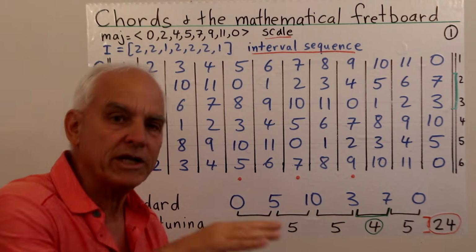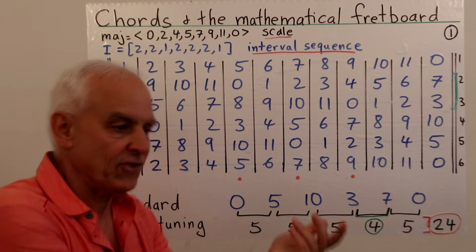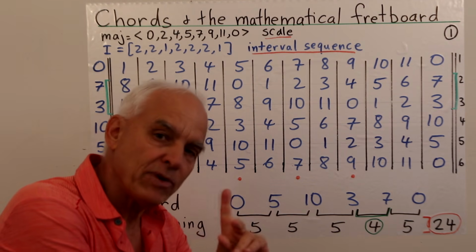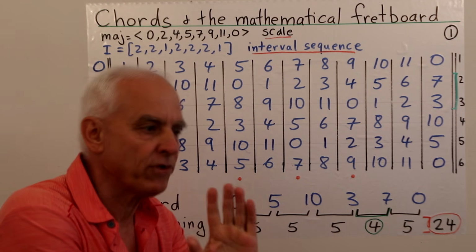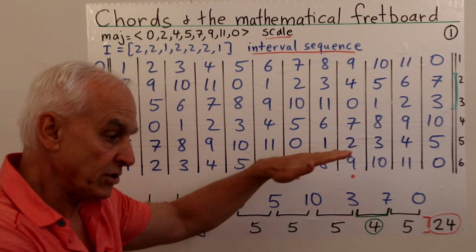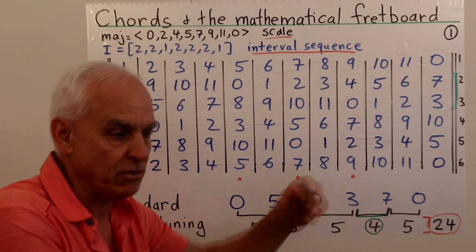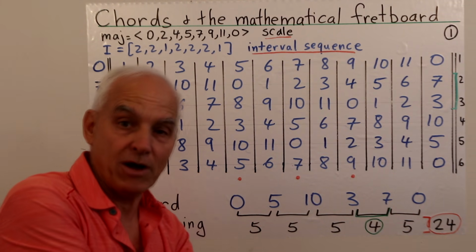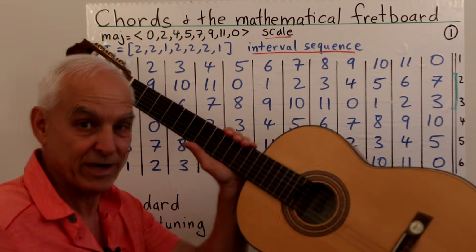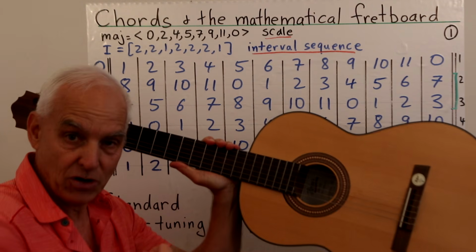So letting go a little bit of our traditional naming of notes in terms of C, D, E, F sharp, G, etc., which ultimately is really piano based. It's important to realize that notation, and in fact also the notation that we use to illustrate notes on a page of music, is really coming from the architecture of the piano. So it's fundamentally at odds with the intrinsic structure of a guitar.